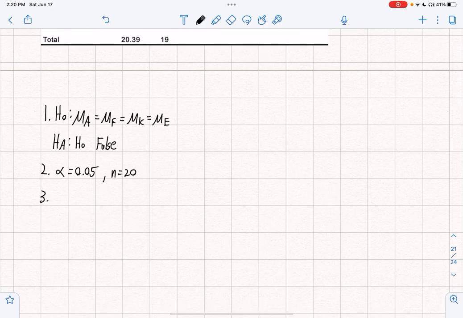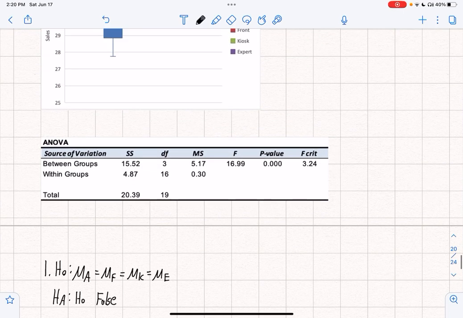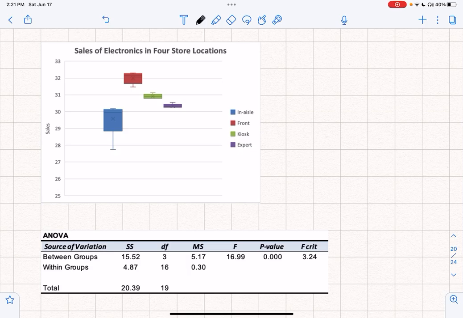So the next step would be to check our 3 assumptions. So this would involve, let's see, independence. So we are randomly assigning goods to each of these locations. So I'm randomly putting some in front, at kiosk, expert, and so on. So yes, they're independent. Are they normally distributed? Whenever you only have 5 observations in each group, you really can't even test it. So we'll just have to make that assumption. I mean, this one looks a little symmetric, same with these, but we really don't have any way to check that. And then what's our third